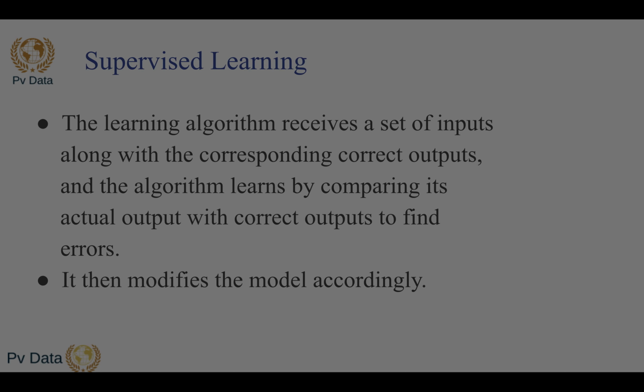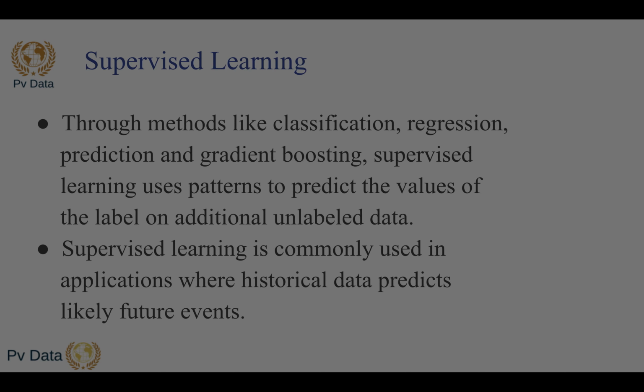The learning algorithm receives a set of inputs along with the corresponding correct outputs. The algorithm learns by comparing its actual output with the correct output to find errors. It then modifies the model accordingly. So we check the data and whether its output is matching. If matching, then it's fine. Otherwise,